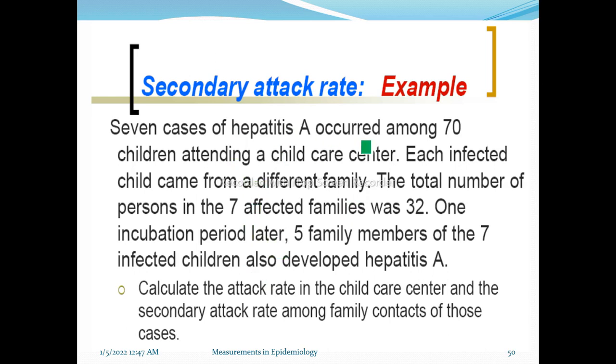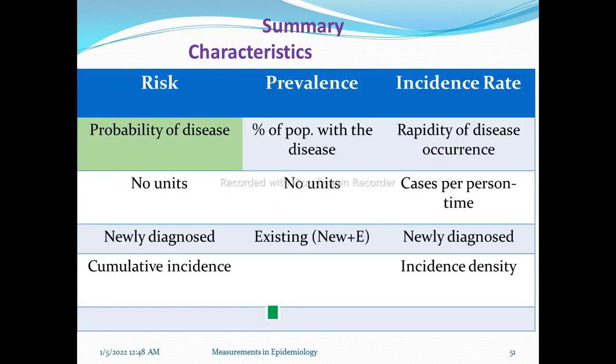So, the secondary attack rate of 70 children. It will be expressed in this way. Please calculate the attack rate. The other is the summary. We'll have a summary. So now we will